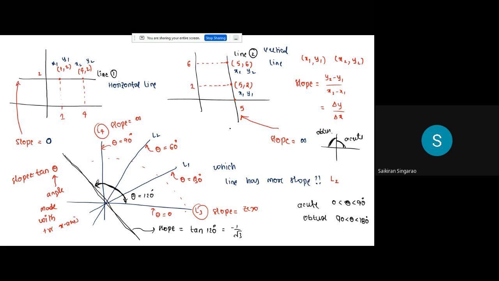It's a negative value. You might have studied this from school to college: in the first quadrant, all are positive. In the second quadrant, only sine is positive. Third quadrant, tan is positive. Fourth quadrant, cos is positive. So tan 120 is like tan 90 plus, so it is minus root 3, I guess. I am sorry. Whatever it is, it will come as a negative value. Why? Because the angle is obtuse, so it will come as a negative value.